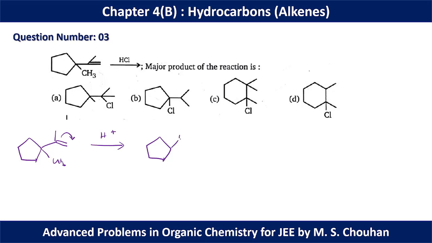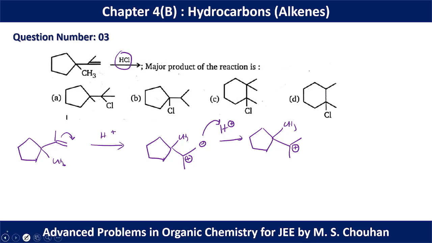So we can draw a CH3 here, dissociation of the pi bond like this. Here we have a positive charge, here we have a negative charge. The negative charge will first react with this H plus, and the H plus is coming from HCl. So we can have this kind of situation, CH3 positive. Now we may observe a ring expansion here, and after the ring expansion we can have a 6-member ring.